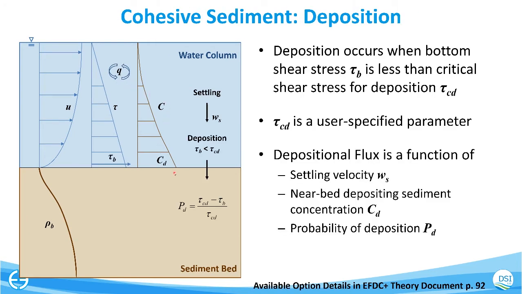And then the deposition of sediments occurs when bottom shear stress tau B is smaller than the critical shear stress for deposition of cohesive sediment, tau CD. This tau CD value is also a user-specified parameter, and the deposition flux can be calculated as a function of settling velocity and the near-bed depositing sediment concentration